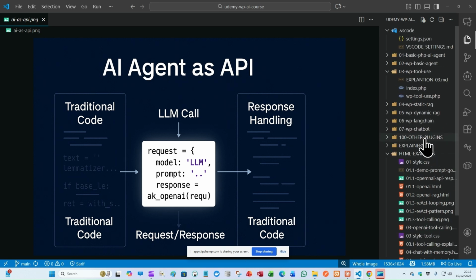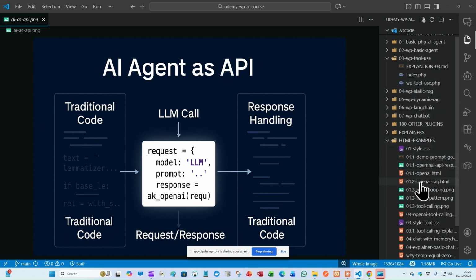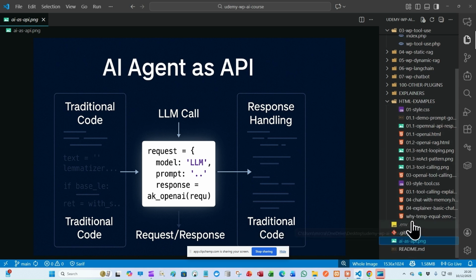And what we're going to be doing in the next sections is start going through the plugins, but they will all use, as you can see, static RAG, dynamic RAG, tool calls, tool use. They're all really using the same principles that are in here, but it was easier to use it in the HTML pages because it just showed how simple and basic an agent actually is. It's an API request. It's to demystify and simplify these AI agents. And I hope that's become clear through